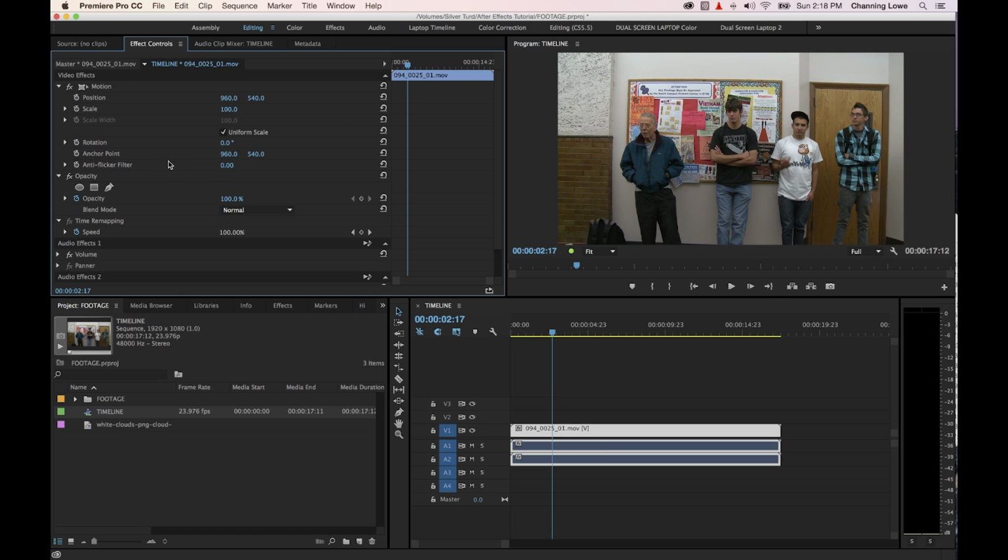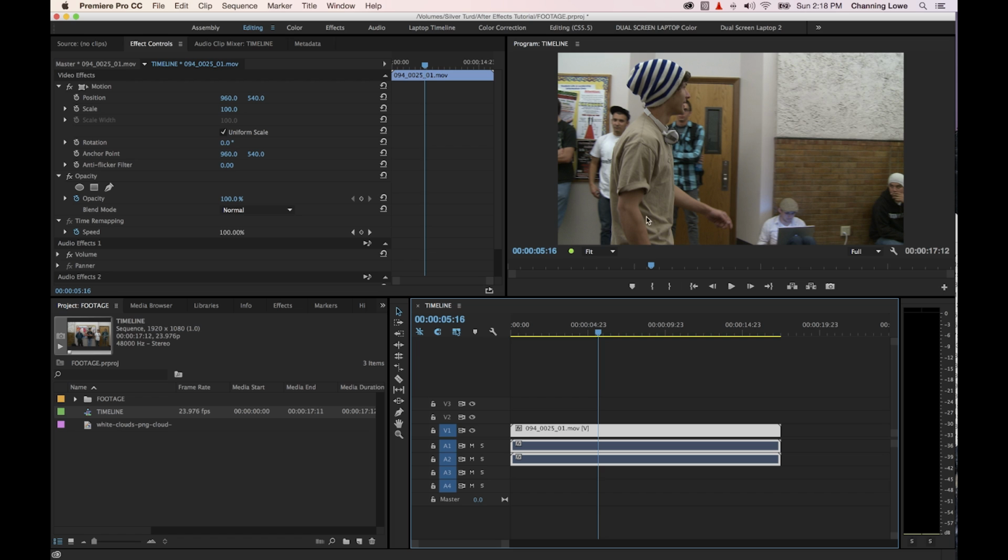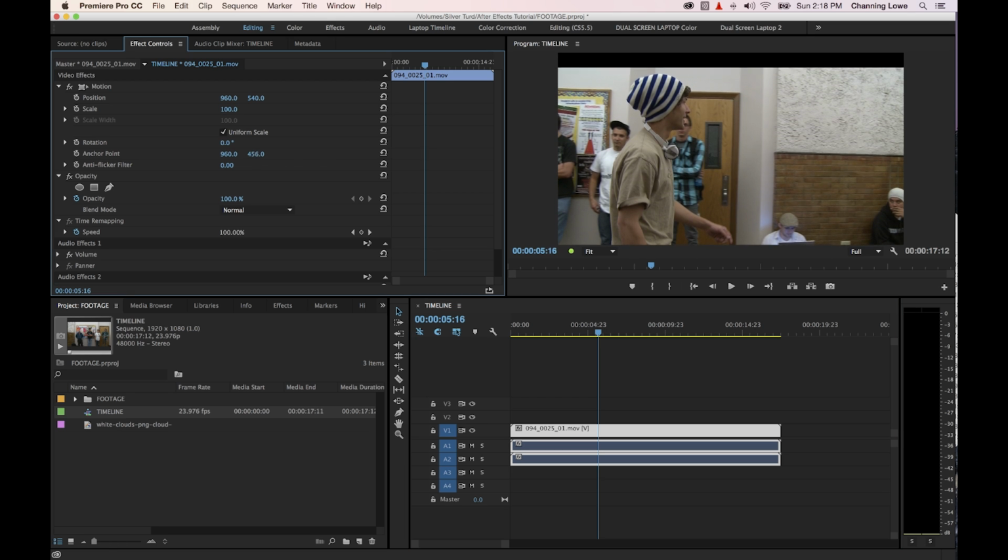The anchor point we will deal with in later episodes, but right now it's got the anchor point in the dead center point of this video at 960 by 540, just like we have it here on position. The anchor point is right in the middle. What that will change is how your video rotates, where it decides to rotate, and it'll also help with animation, which we'll get into in a future episode. But if we change this anchor point here,